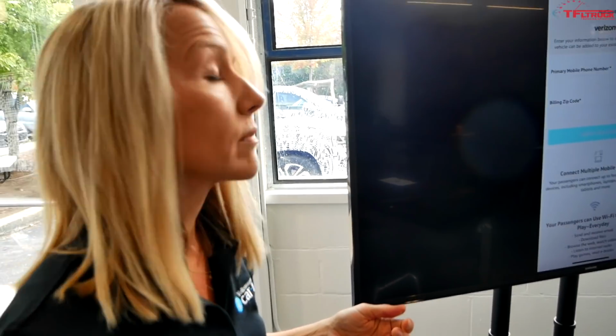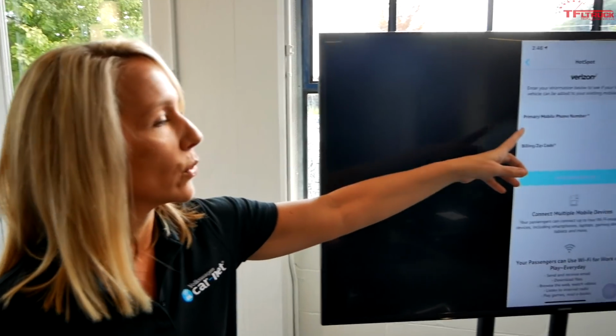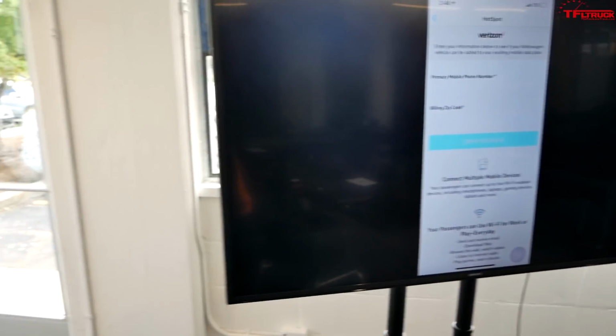Gotcha. And this is where one other thing you talked about, the Wi-Fi data plans can be added to your existing data plan, correct? Yep. So here's Verizon. If you were a Verizon customer, you could enter your account, mobile phone number and zip code, and then we would send a request right to Verizon, and it happens within a matter of seconds. They would give us a verification response back. So it would say, yep, your plan's eligible, proceed, and then you would click the submit button, and you would get an SMS from Verizon, and it would give you the terms, the pricing, and then you can just respond